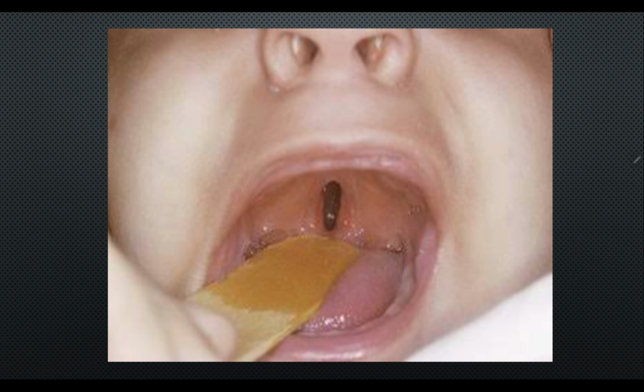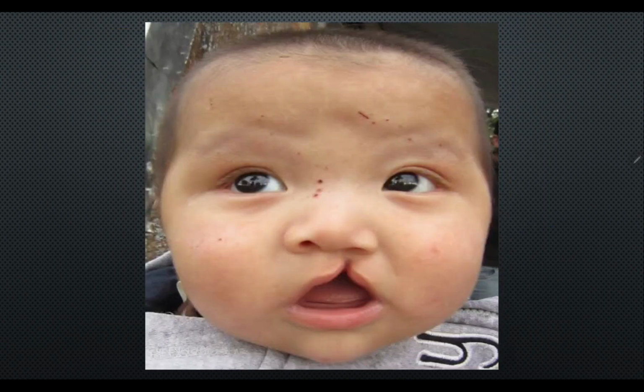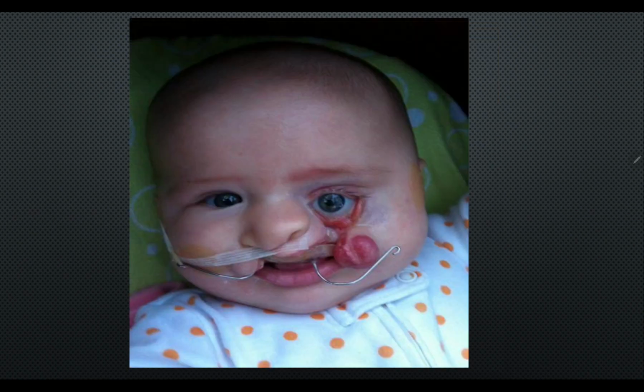And in this picture, we could pick up the cleft which is present in the soft palate. It is a unilateral cleft palate. Next, in this baby, there is a unilateral cleft. Here also, the cleft is not reaching the nasal cavity, so it becomes an incomplete unilateral cleft lip. In many cases there is only involvement of the lip and palate, but in very rare cases it can also involve the lid.